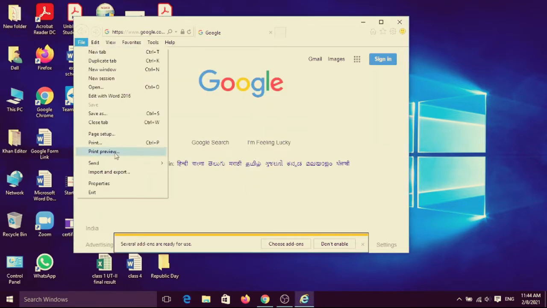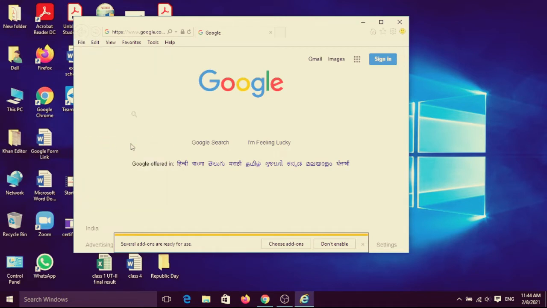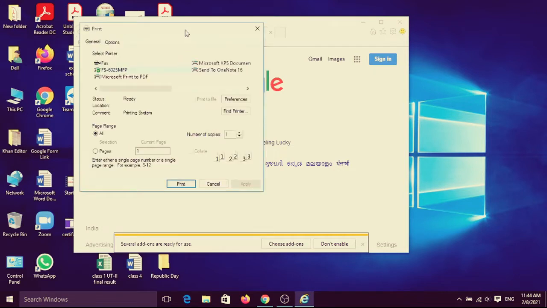And then if you want to take the print, you can easily press Control plus P, or you can choose the File menu and then choose the print option. Before that, it confirms the printer selection. If any printer is installed on your PC, select the printer and click on print. How many pages you want, the number of copies or pages, depends on your contents. Click on print to take out your hard copy.